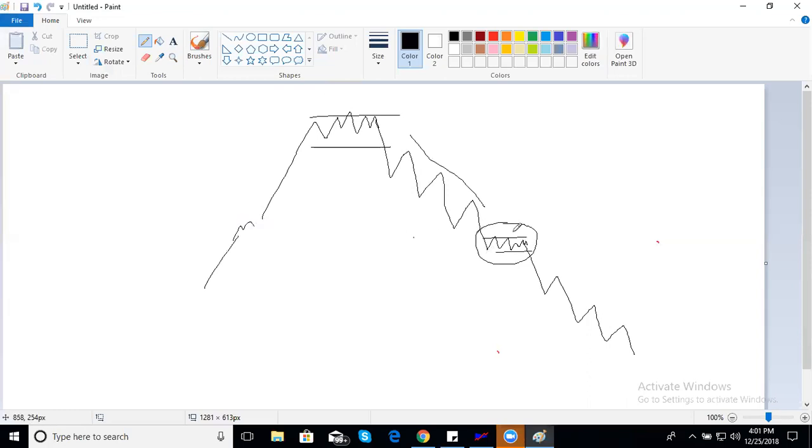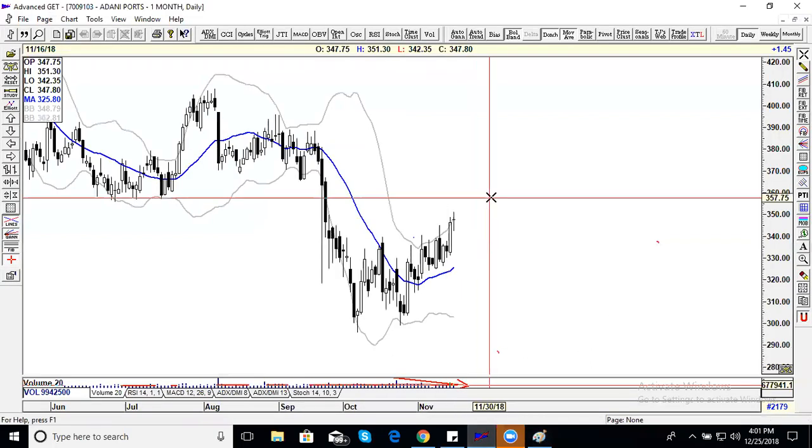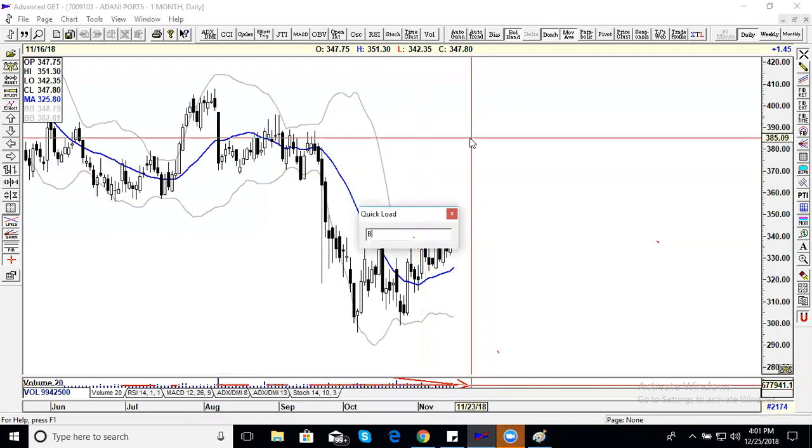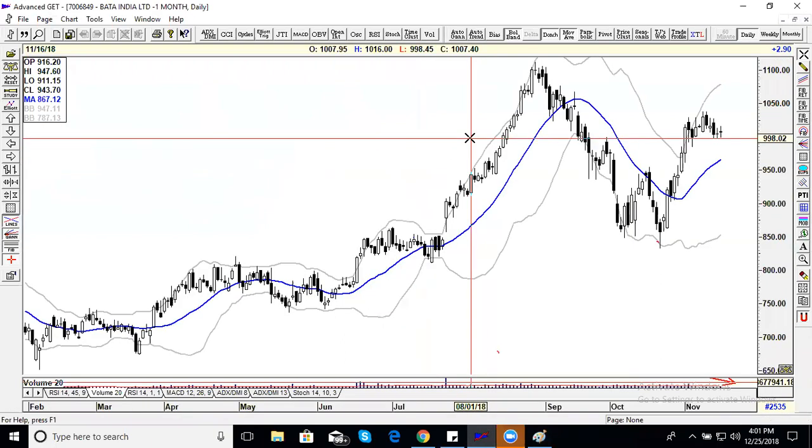And market goes into rest. That means what? Prices were falling crazily. Now it halts for a while, and then again the downward momentum picks up. What happens here is, in our chart, this is called as a squeeze pattern. That means what? Bollinger Band gets squeezed. I'll show that to you.